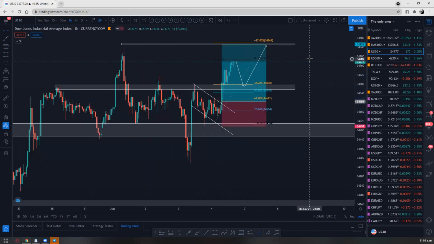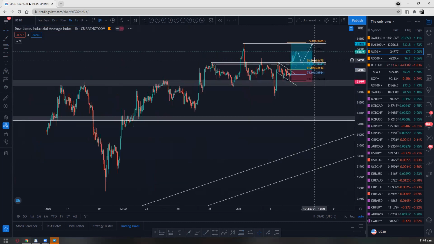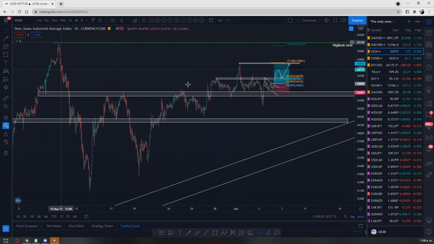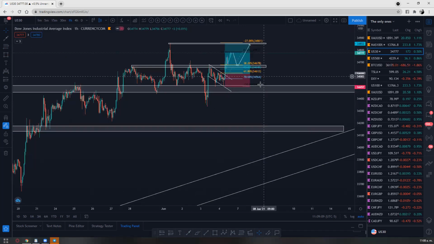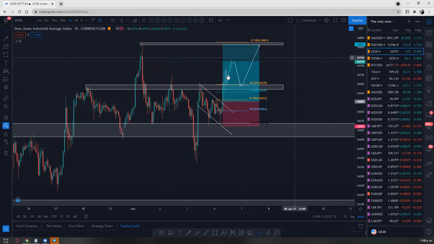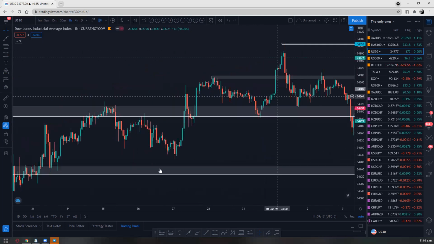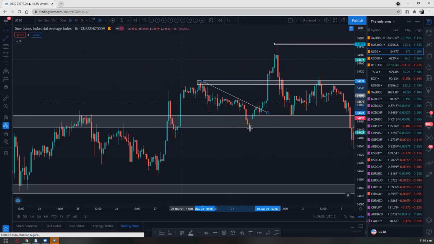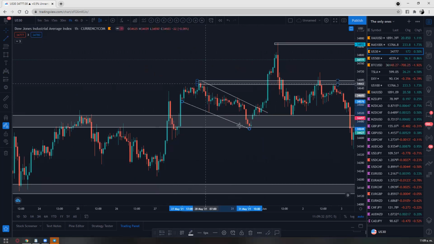This is what I expect from the US 30. And then, of course, we'll be aiming for this last high. This is the highest point ever. So we'll be looking for highs, definitely. Remember, after a big push up, there's got to be a pullback. Always. You always see a big push and pullback to do a retest, and then keep pushing up, creating some type of flag pattern right here. So it's basically the same, man. Push, pullback, push, and then it came back into our consolidation.